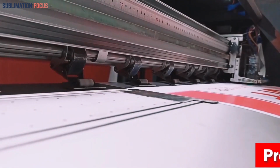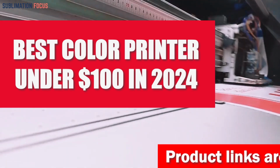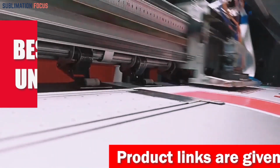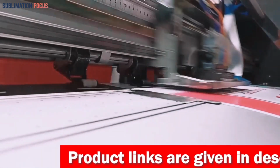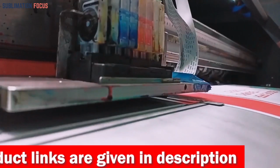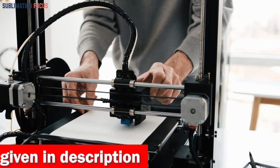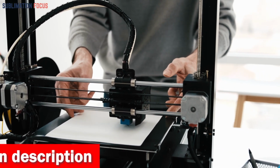In today's digital world, welcome to the era of intelligent printing. Get ready to be astounded by the newest and best color printer of 2024, if you're looking for something that produces vividly detailed prints of excellent quality for less than $100. You can now bring your ideas to life in brilliant colors without breaking the bank with this printer's cutting-edge technology,